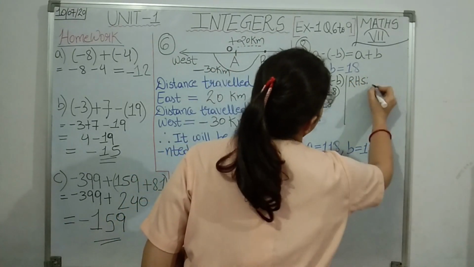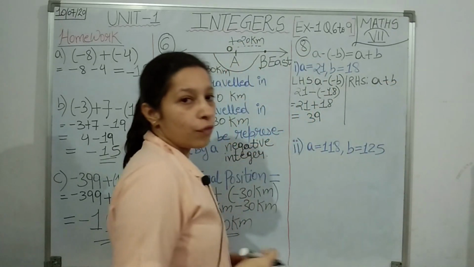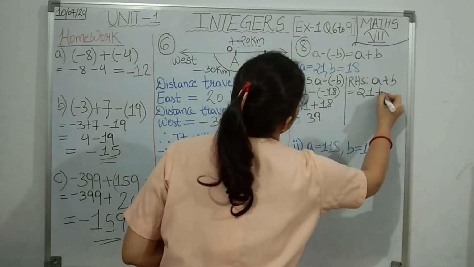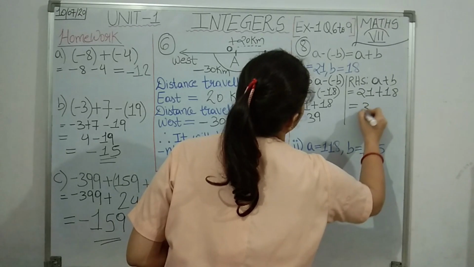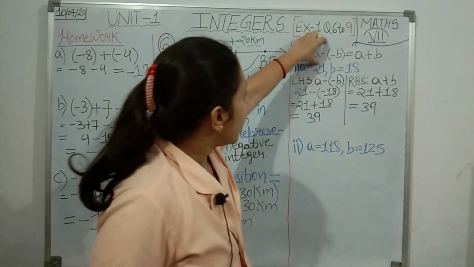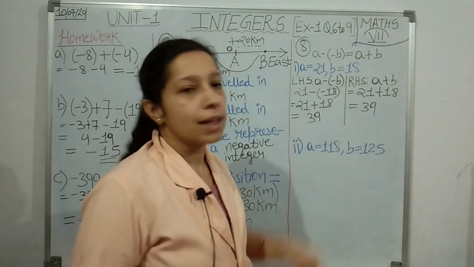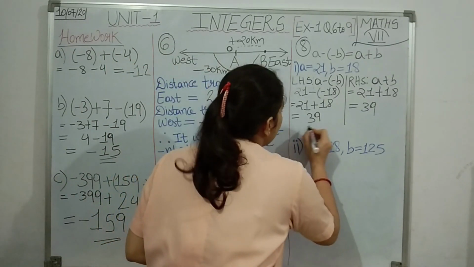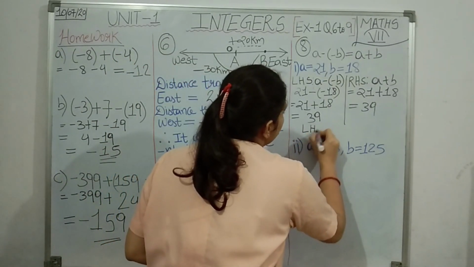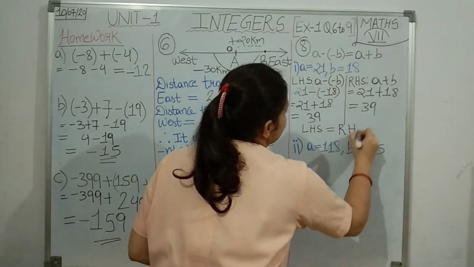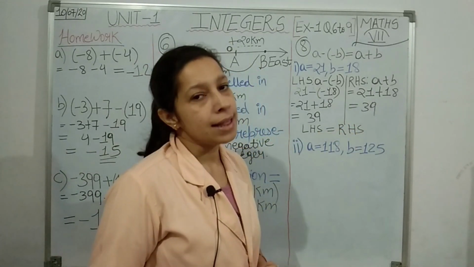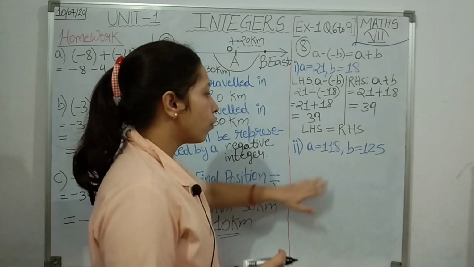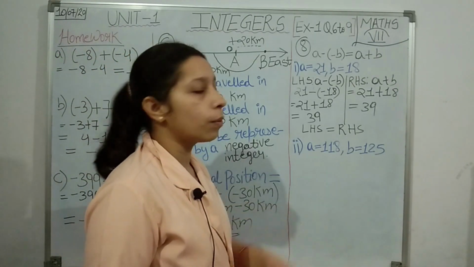Now the RHS part also you are going to take, students. RHS is A plus B. Write it, A plus B. Now in place of A, what are you going to write? What is given for A? 21. So 21, and for B it is given 18. 21 plus 18, how much? 39. So see, the LHS answer is 39, and the RHS answer again is 39. That means this given equation is verified, is proved for the given values. So I can write it as LHS is equal to RHS, hence verified. Okay. Now the same pattern for this point also. Here the value of A is given as 118 and the value for B is given as 119.